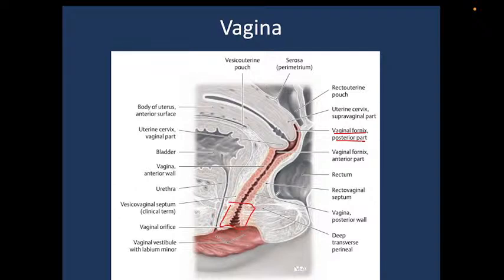Unlike the other parts, these parts do not have many nerve endings, and this is important because this part usually enlarges during childbirth, and the vaginal examinations